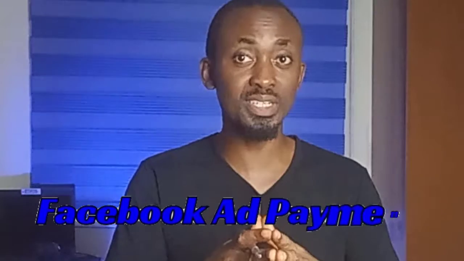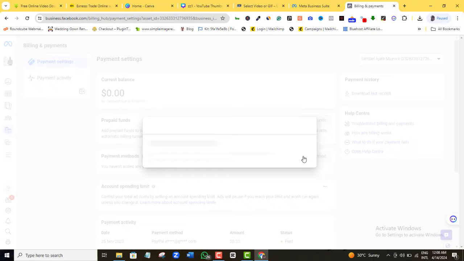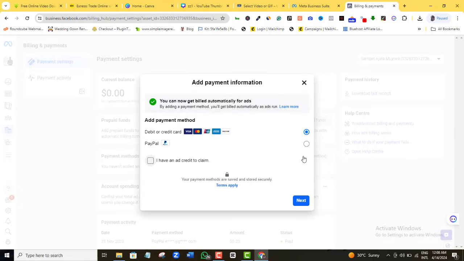Now this is an interesting Facebook ad update from Facebook. Do you know that Facebook now has a new payment method for paying for your Facebook ad? Before now, you will agree with me that there were a few methods by which you can pay for your Facebook ad. So most times, especially if you're in a country like Nigeria, you have to pay either in Naira using your normal Naira card, which might be your Visa card or Mastercard or